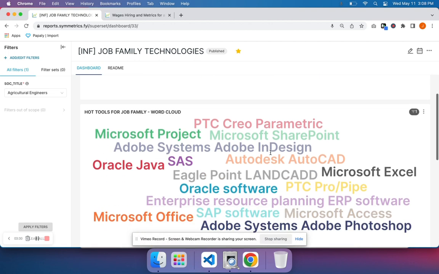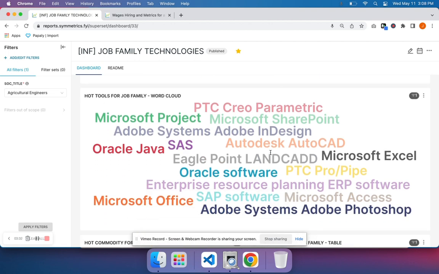Now, delving a little bit deeper, let's go and look under specific tools that are required in the agricultural engineering space. So you can see there is SAS, there is Oracle software, there is Microsoft SharePoint, AutoCAD, Photoshop, and so on and so forth. Now, Mason is learning, because he has not been in the software tech world. He's been learning about each of these, and these are great pointers in terms of discussing it with his partners,